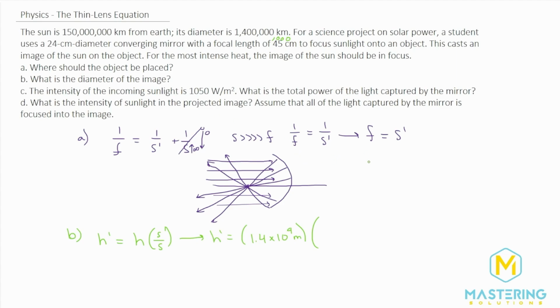That's the focal length, which is the 45 centimeters. So 0.45 meters or 45 centimeters. So we have 0.45 meters for the image distance at the focal point. And then the object distance, that's this here, and it's the same thing. So we're going to have 1, 2, 3, 4, 5, 6, 7, 8, plus 3 more for kilo. So that's 1.5 times 10 to the 11 meters.